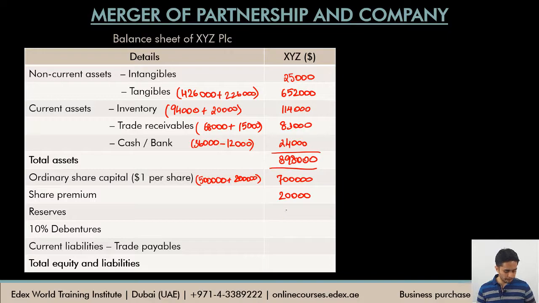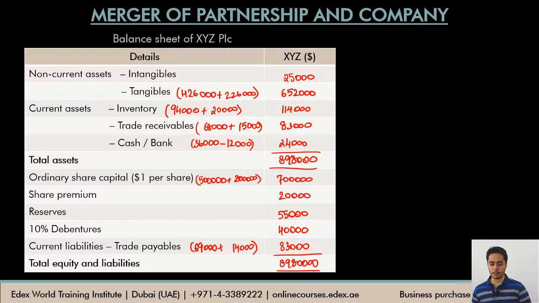Reserves of the company before the merger were 55,000. 10% debentures we have already calculated as 40,000, and the current liabilities existing before the merger was 69 plus 14,000 of the firm AB, so 83,000 trade payables or current liabilities. Let us take a total of the equity and liabilities. Again, we arrive at 898,000 total equity and liabilities. Our balance sheet has matched, and this is how you complete your balance sheet of the company after it has